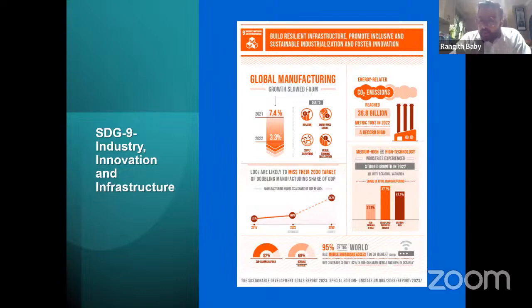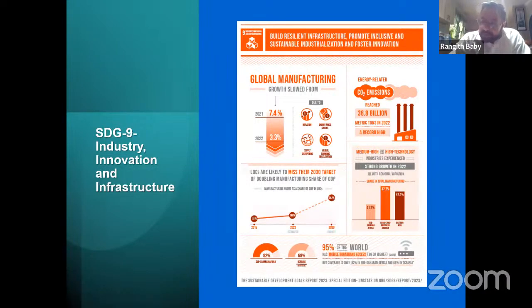You can see that like in all other SDG goals, there is also a bit of a struggle, with the global manufacturing sector slowing down to around 3.3%. This is mainly owing to the COVID-19 pandemic, as well as some unrest in different parts of the world that is slowing down the manufacturing sector. However, there are some indications of how we can actually climb out of the rut that we are in and move forward. If you have a look at this specific section here, which talks to strong growth in